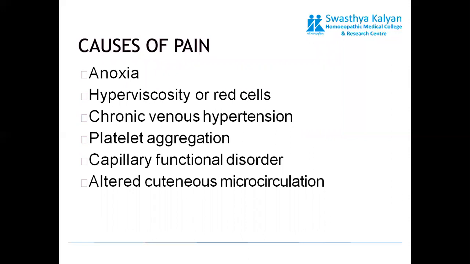Now, what are the causes of pain? So it's very strange that if the blood is not moving swiftly or with the pace that it should be moving, it causes pain. And why? What is the reason for that pain? First is anoxia. As the blood has been stagnant for quite a long time and it's venous blood, the content of oxygen has already reduced, and the longer it stays, its oxygen concentration deprives.